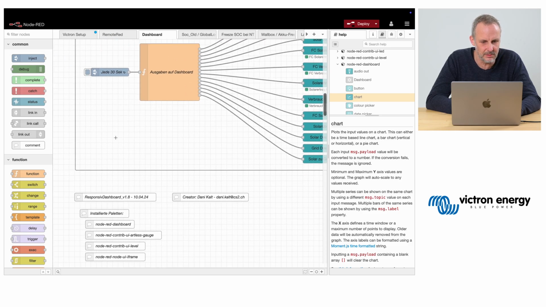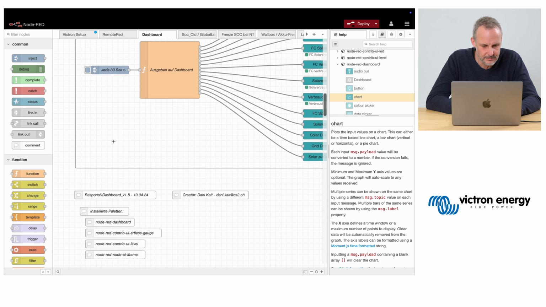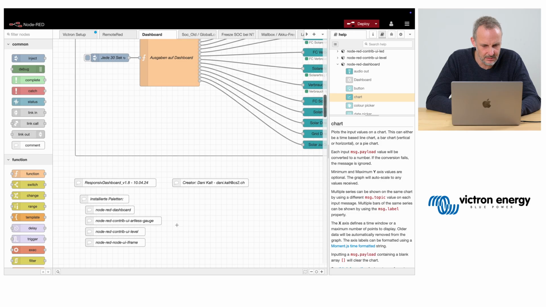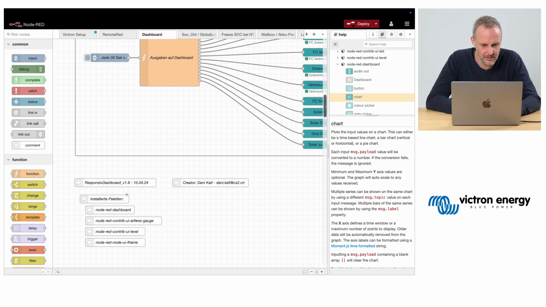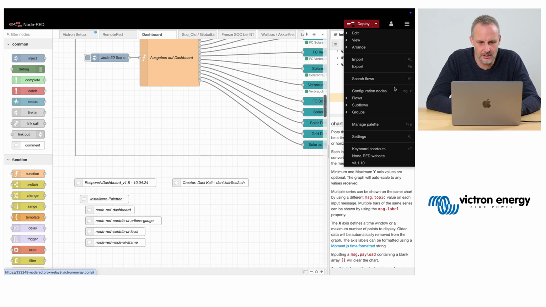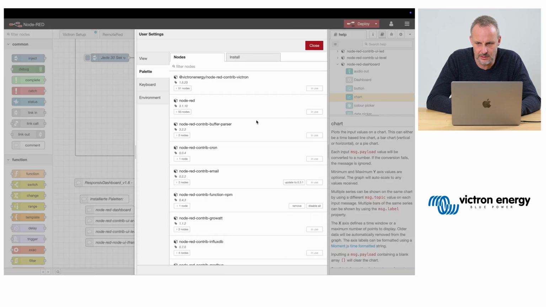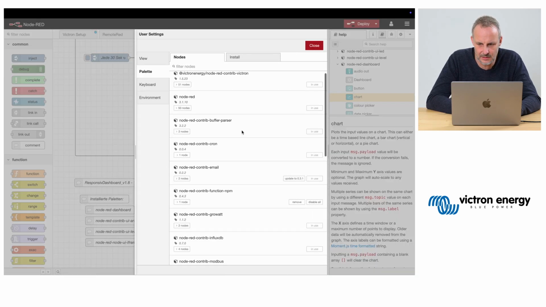Okay, let's go back to Node-RED. Let's see, oh, it has some notes here on which palettes have been installed in order to get this part of the site working. Extra nodes can be installed via the palette manager.